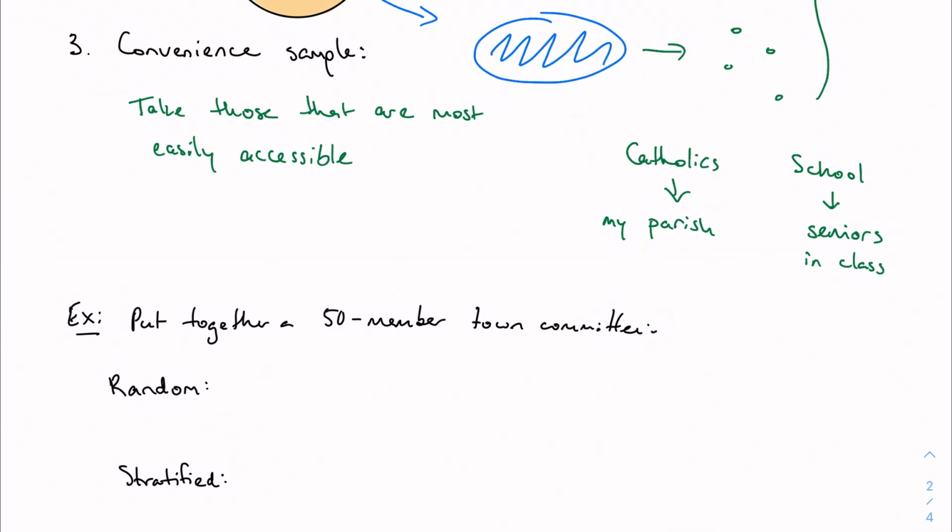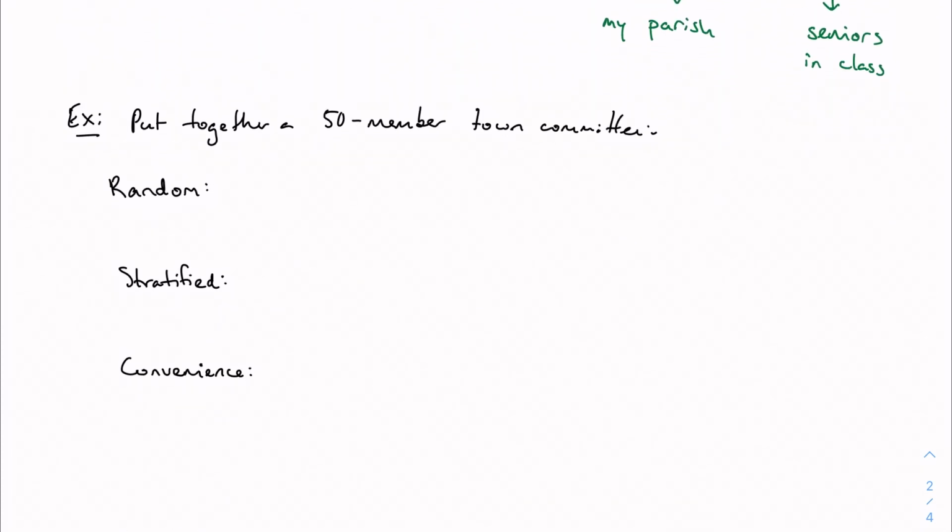But for a really quick example first, suppose I'm the mayor of a town, and I'm going to put together a committee of 50 people so we can really talk through events. Maybe it's a big town. Well, a random sample would just be literally randomly select 50 names, right? Maybe I assign each name a number. So I look at the tax records, and everybody gets a number, and I randomly select numbers 1, 10, 250, 375, and so on until I have all my people.